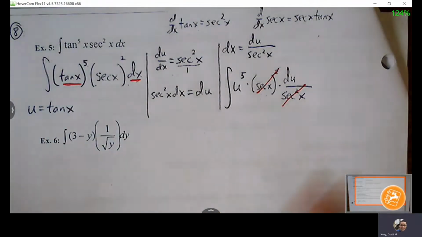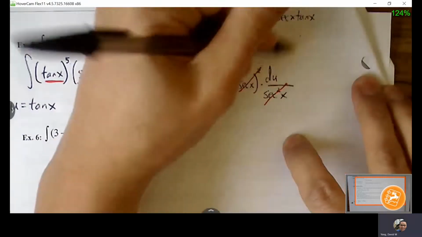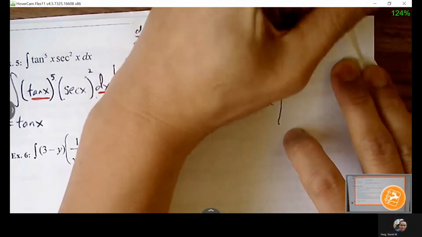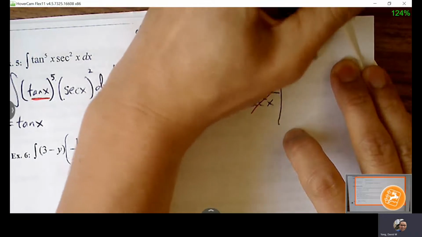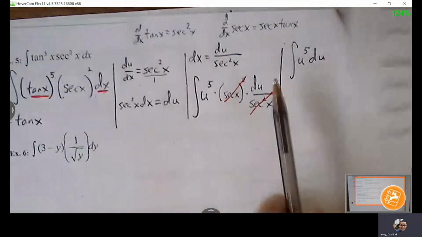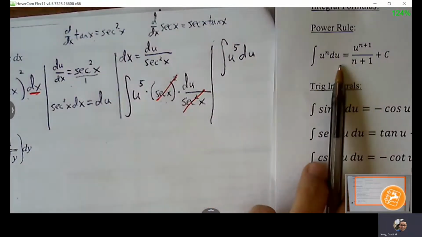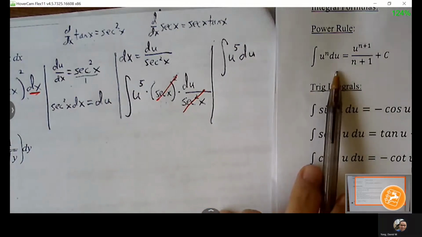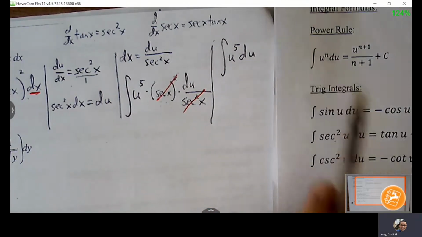No coefficient to keep track of. This will be a straightforward power rule problem. This matches perfectly with the rule that's available. And now we can jump into a power rule. U to the fifth becomes